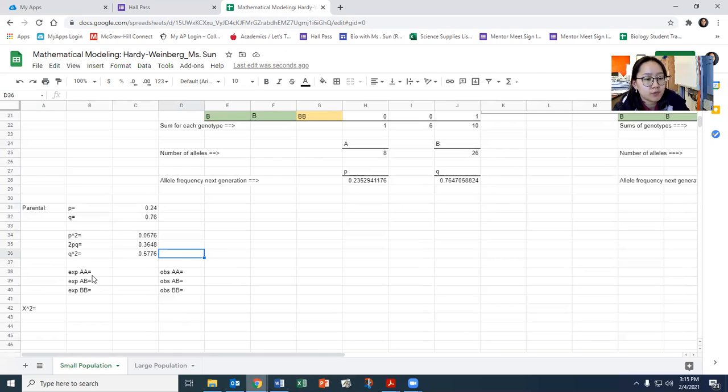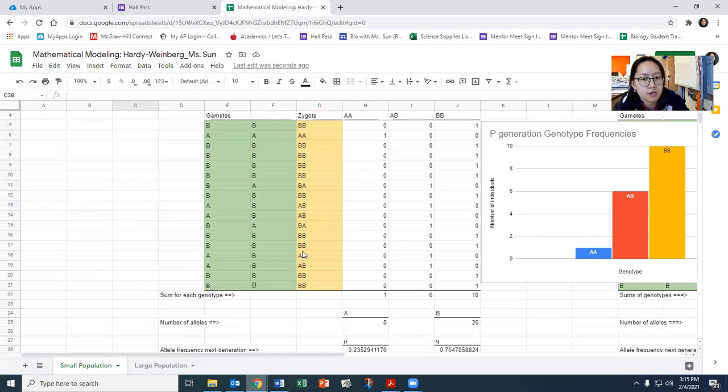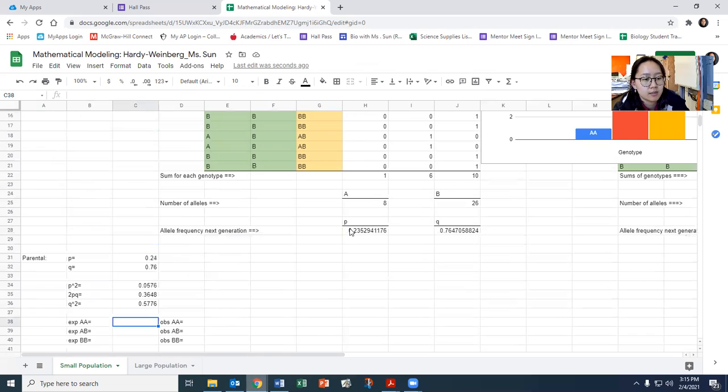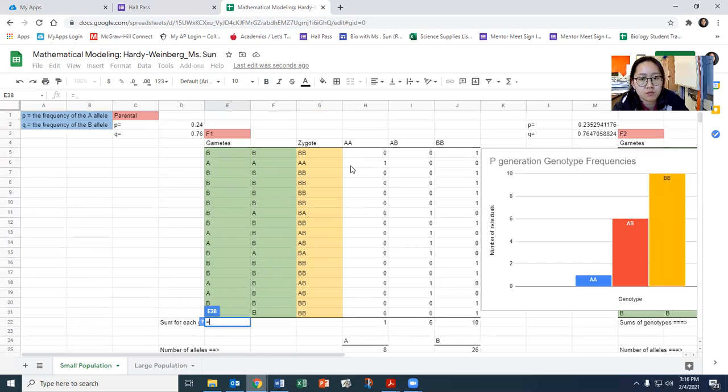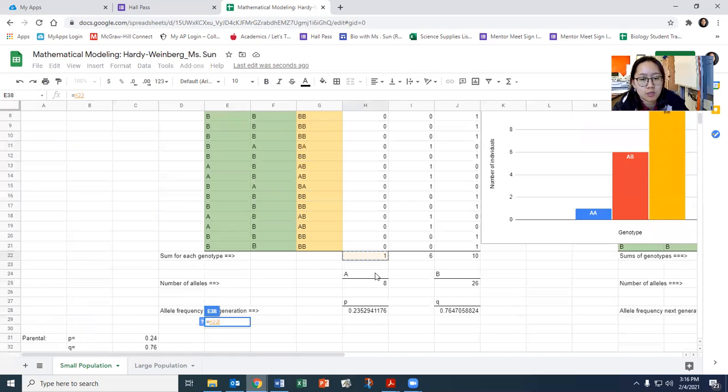And now we're going to write our expected values, and the expected values are easy because they just come from the tables up here. Or sorry, our expected values don't, that's my bad. Our observed values do. And so our expected values are based on this. Let's do our observed ones first though, because they're a little bit easier since they come straight from the table over here. Basically our observed is going to equal the sum that we pulled for however many AAs there are. So you click here